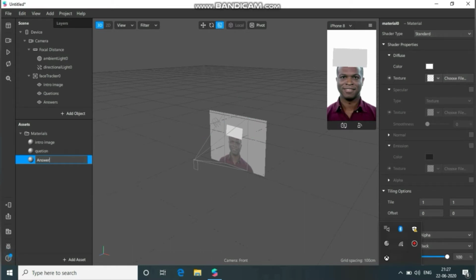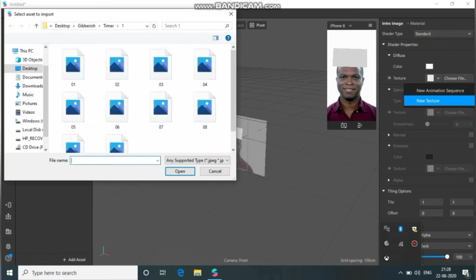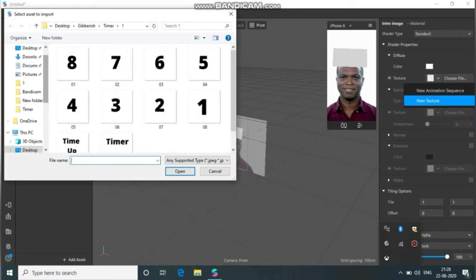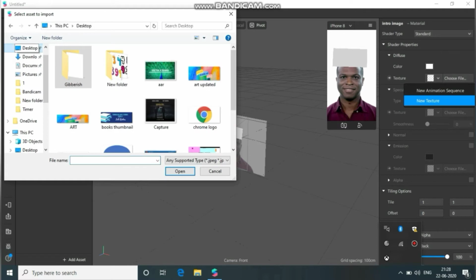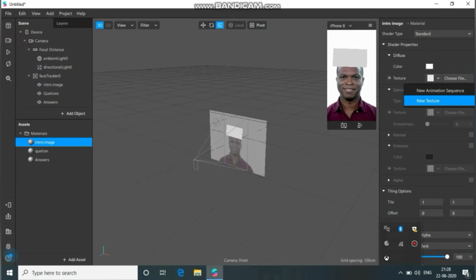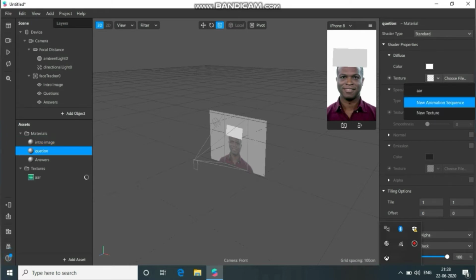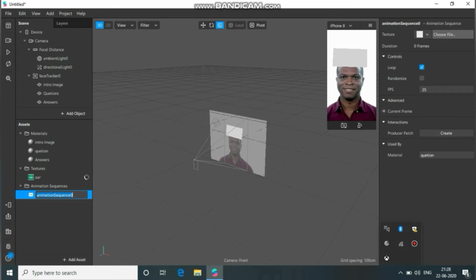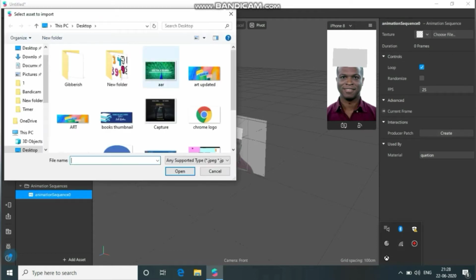Once we complete the material part, just click on the intro image material, and from here in the texture drop down, select new texture and choose file. Choose your intro image and upload it. In the same way, select your question material. From the texture drop down, select new animation sequence and upload your question images.